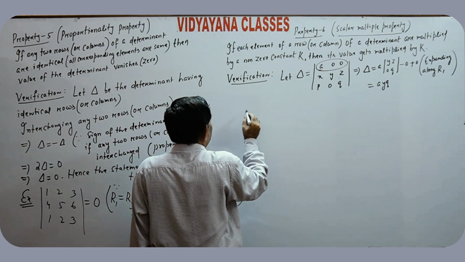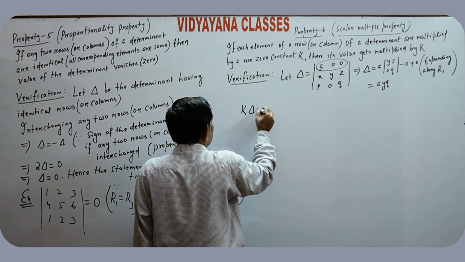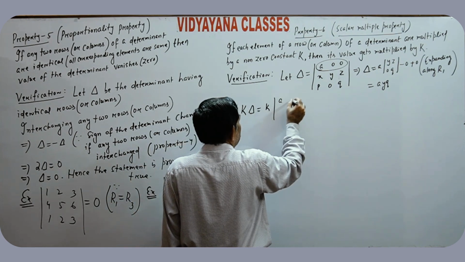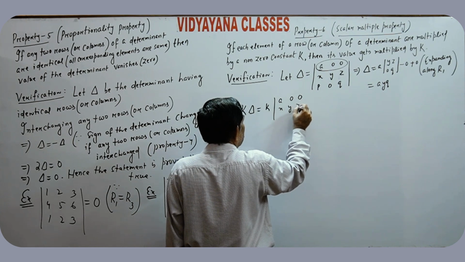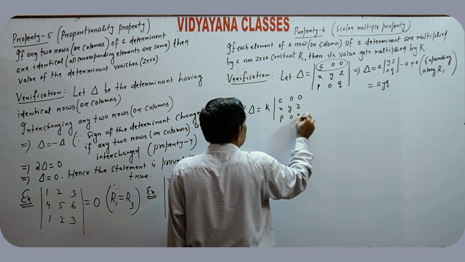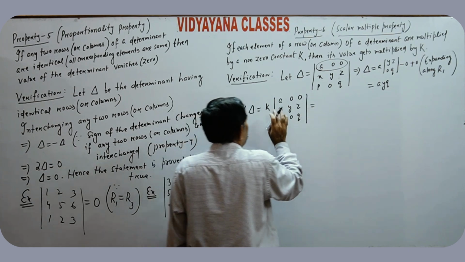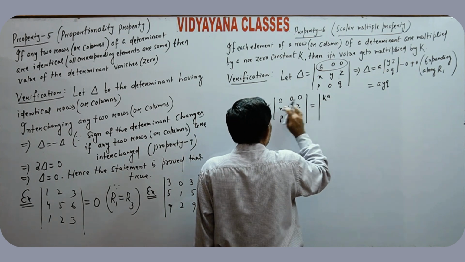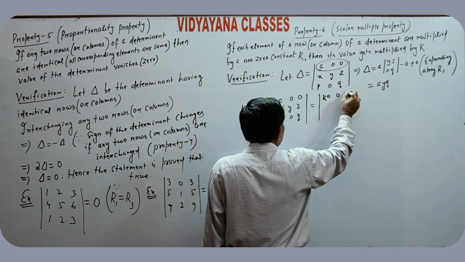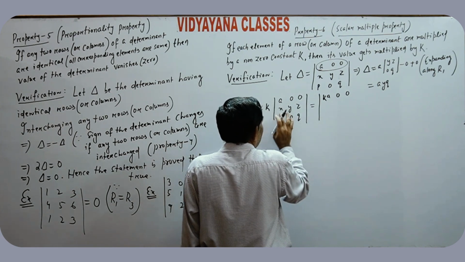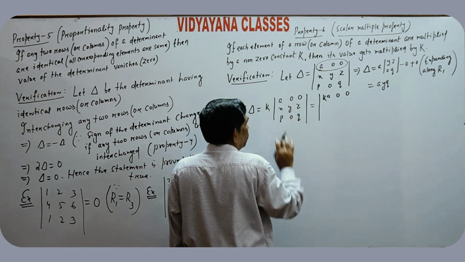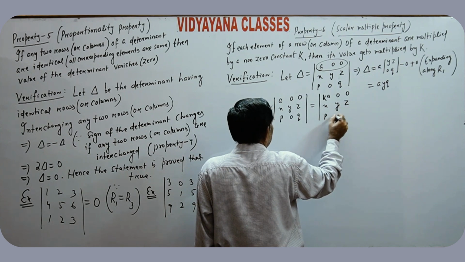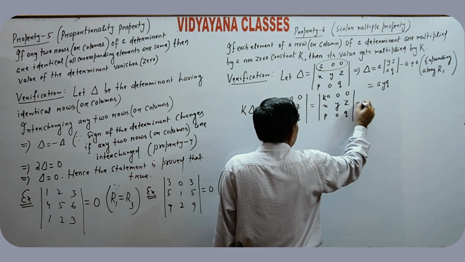According to the given statement, k into del is equal to k into del, where del is the determinant having elements a 0 0, x y z, p 0 q, which is the same as multiplying k along row 1. It gives k into a, k into 0 is 0, k into 0 is 0, so ka 0 0, x y z, p 0 q, which is the same as